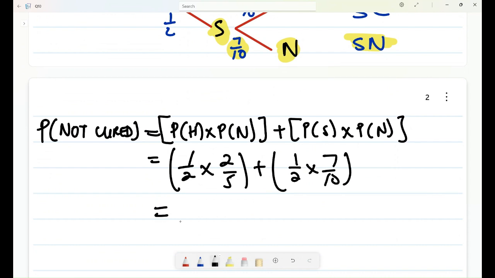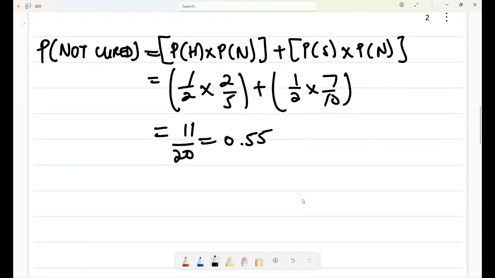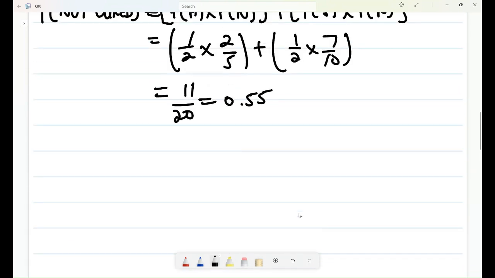Now it's a matter of just punching your calculator. You get 11 divided by 20, or you can approximate this to 0.55. All right, this is how you get your answer. Then now let's move on to